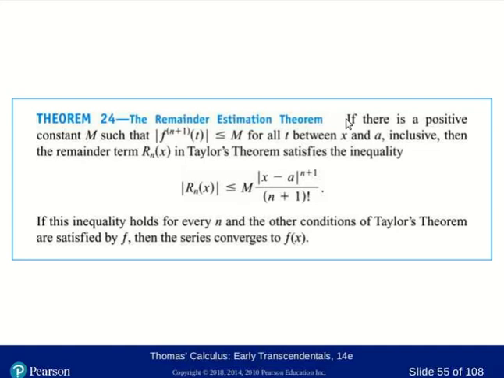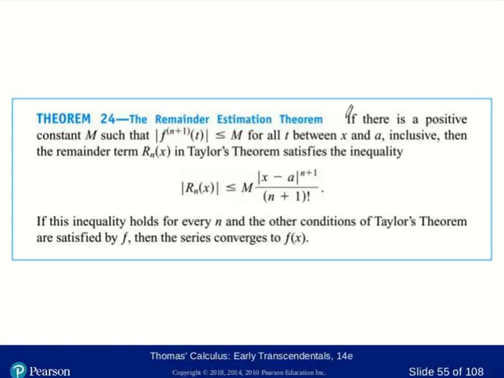So here's the remainder estimation theorem. It's similar to what you may have seen for the estimates for trapezoid rule and Simpson's rule, and that's because that's where this comes from. That's where the trapezoid and the Simpson's rule estimations came from. It comes from a Taylor's theorem remainder argument, saying that that remaining part of the estimate can't be any worse than this, since we're doing sort of geometric results using trapezoids and parabolas.